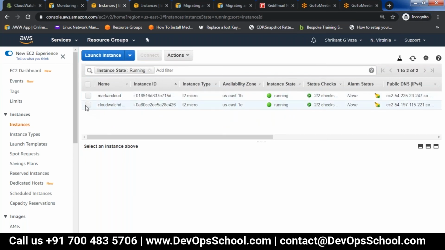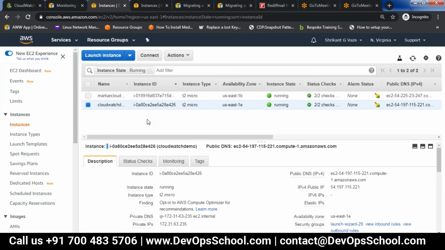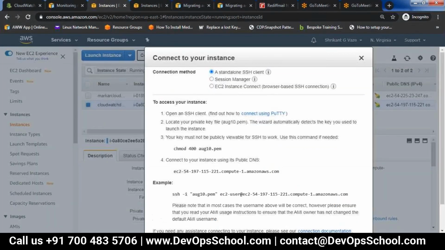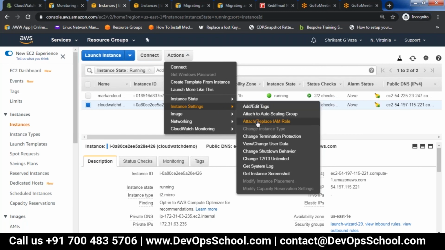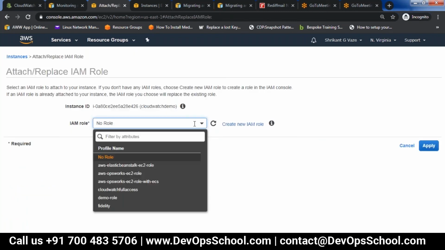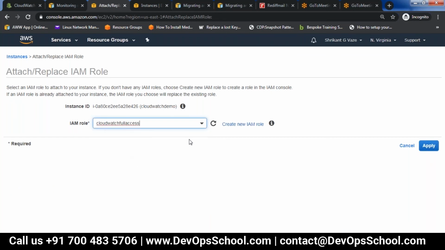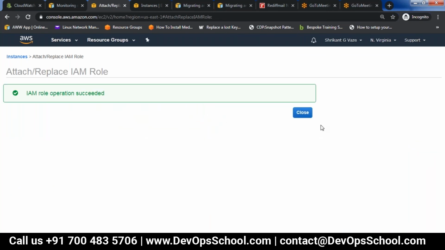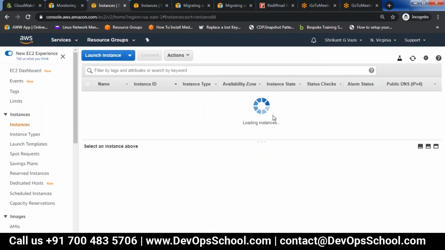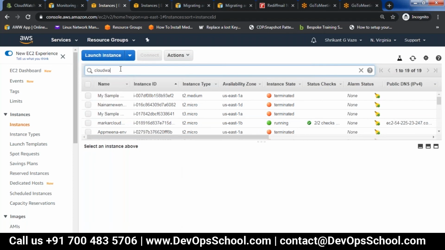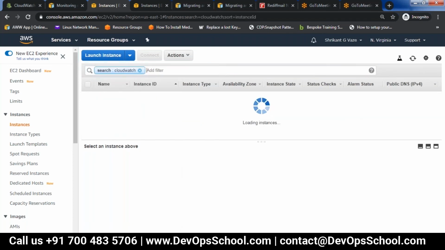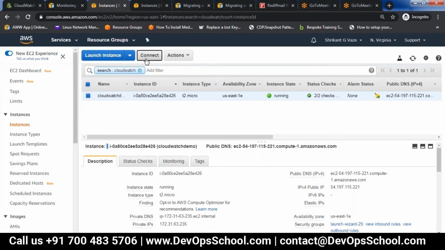CloudWatch demo is mine. Before connecting, I just want to assign a role, so I will attach the role, select the CloudWatch access role, and apply. Now I am giving all the privileges to this EC2 instance to talk to CloudWatch. Let me connect to the demo instance.